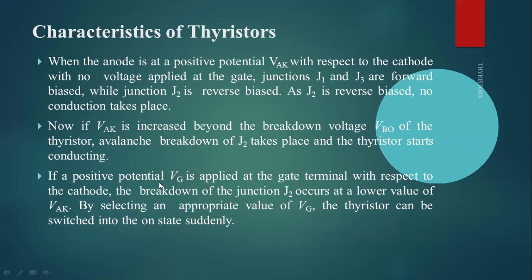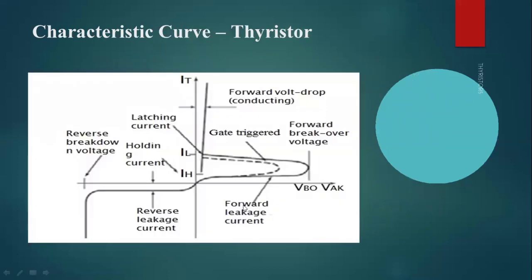So this is the characteristic of the thyristor. This is the V-I characteristic that we will be obtaining. Similarly, we also have a reverse breakdown voltage. These things you will experiment. Already you have learned the theory, so experimentally also we will be doing it now. This particular experiment is for latching current and holding current.